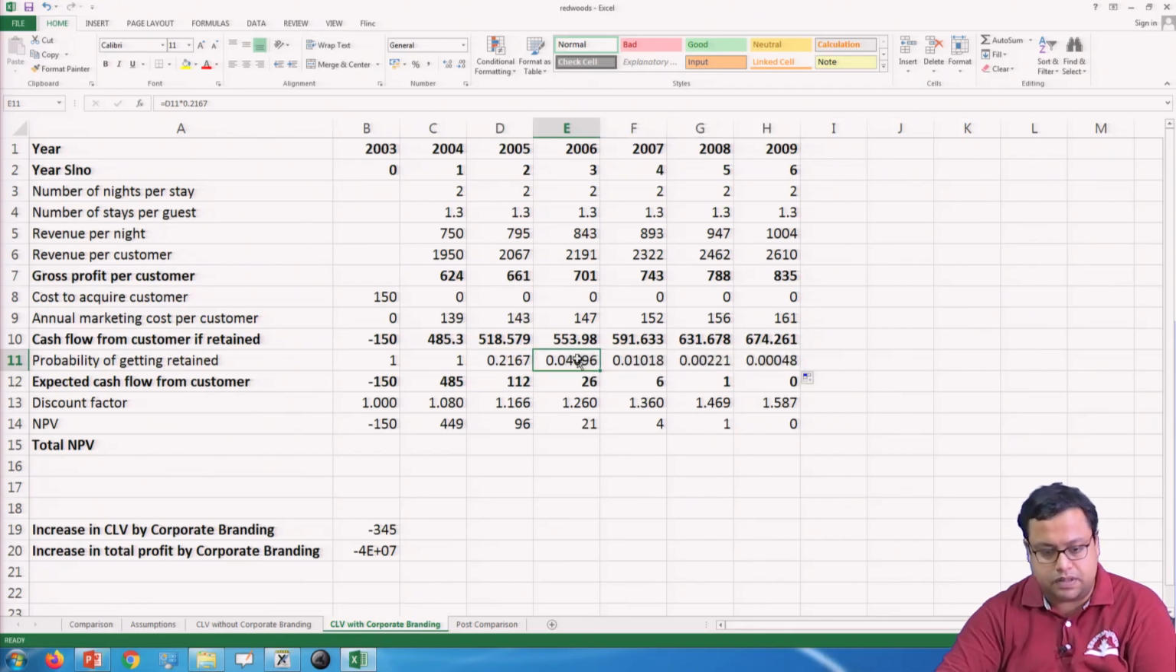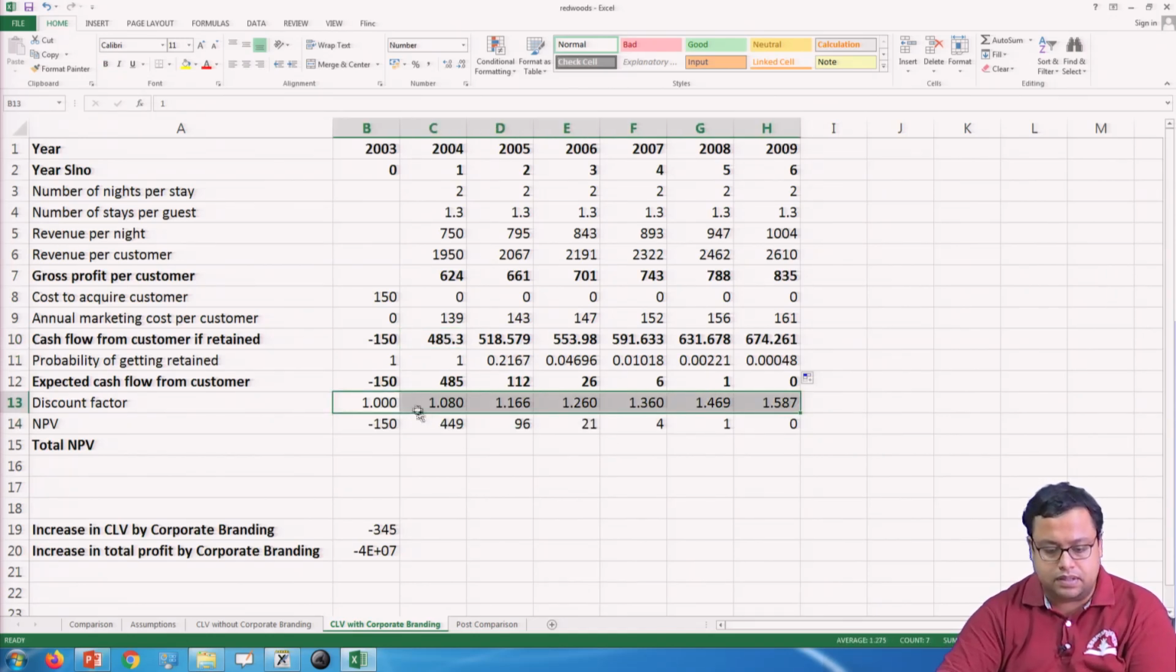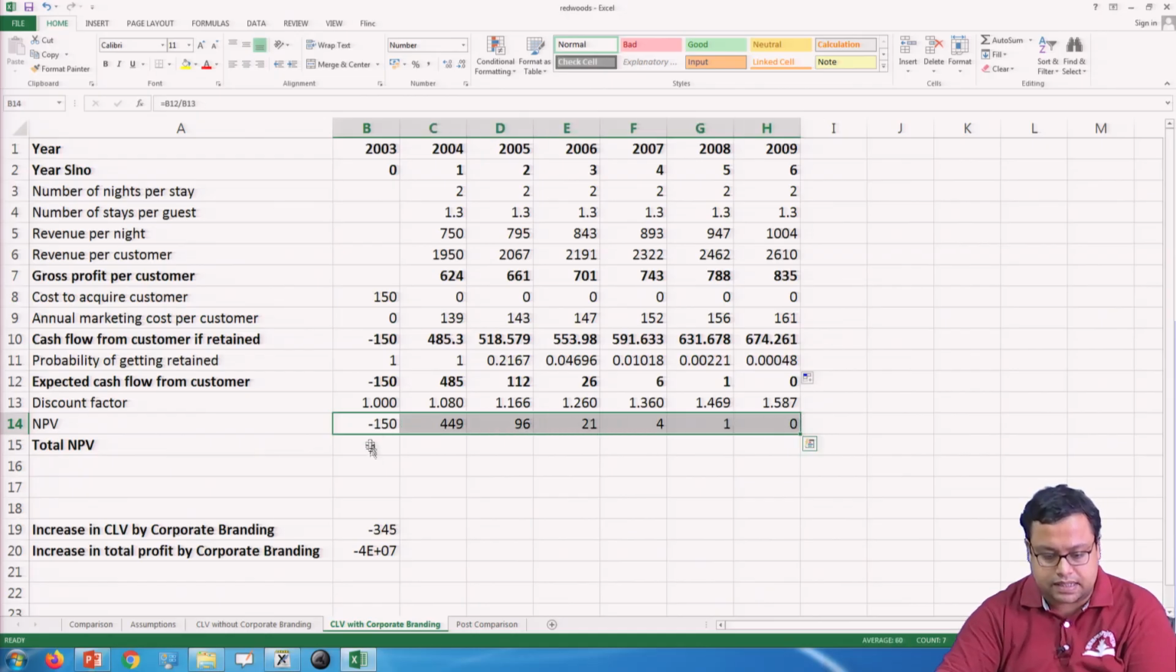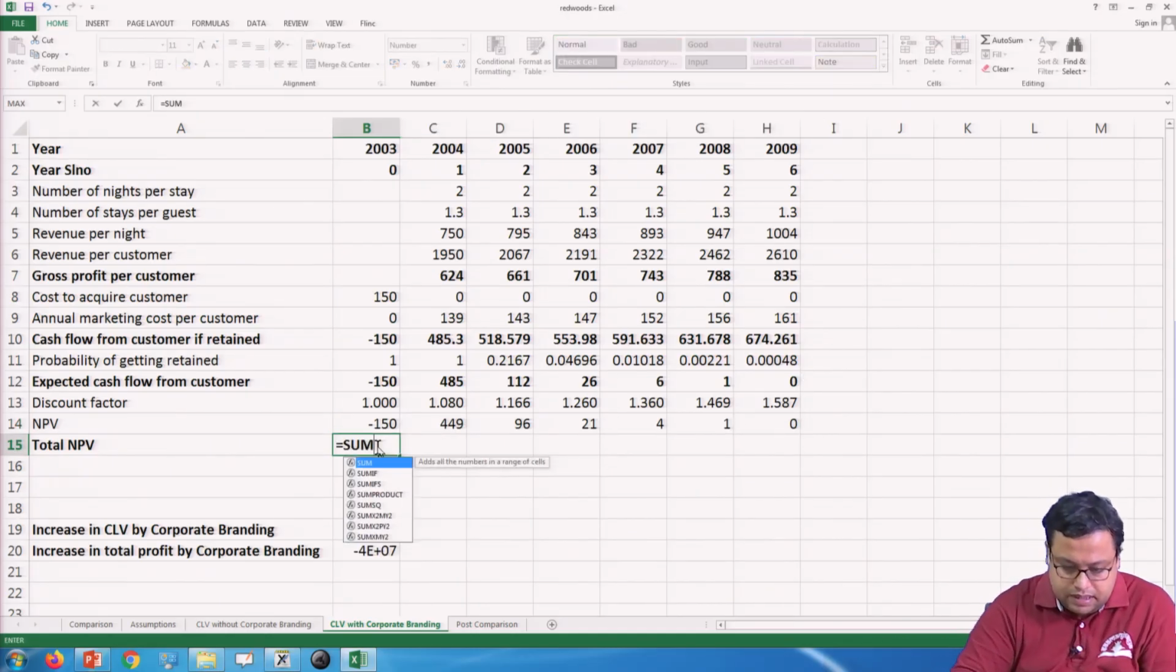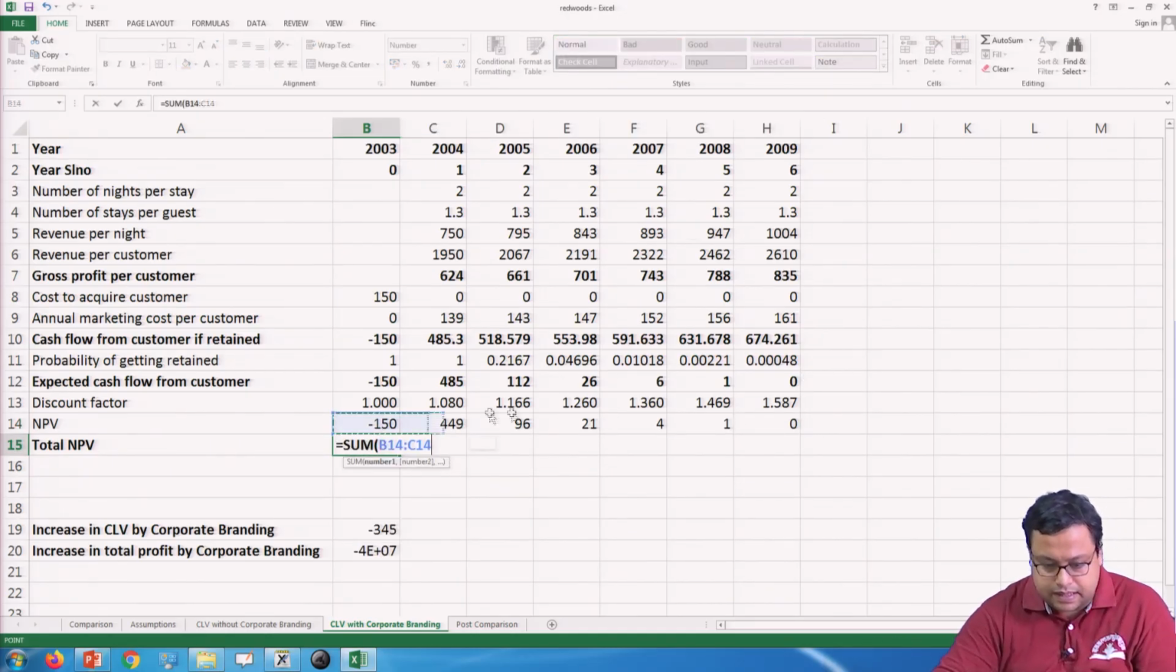So, this is 21.67 squared, this is 21.67 cube, and so on. So, that gave me these values, which is nothing but cash flow into the probability, and so on, and the discounting factor remains same. So, this is my total NPV, and if I calculate the sum, it comes up to